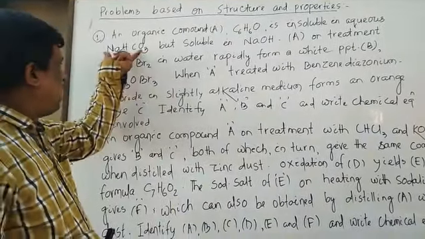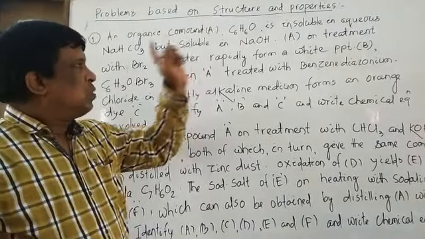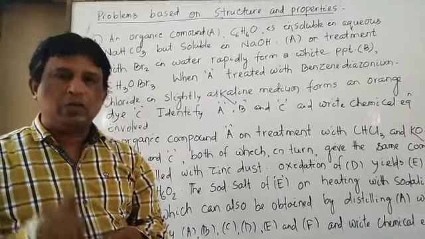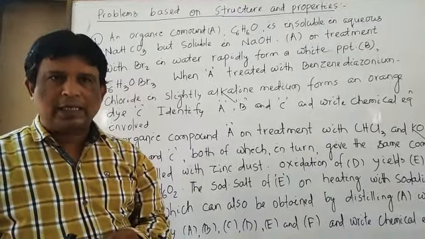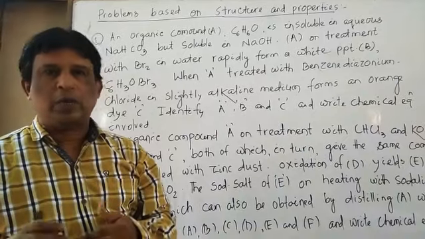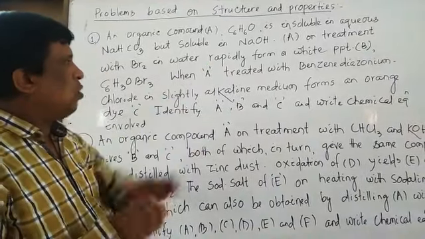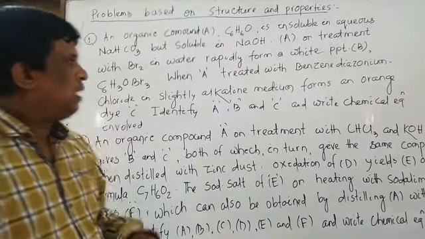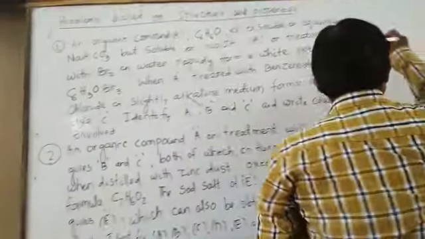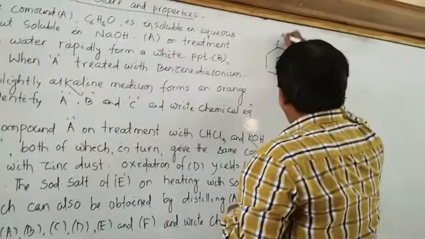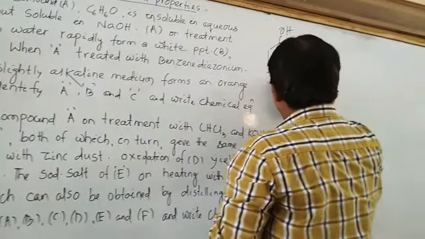As sodium bicarbonate is a weak base, it does not respond to phenol, but when it is treated with benzoic acid or acetic acid, there is liberation of carbon dioxide. Using this concept, and the formula C6H6O, it is clear that A is phenol.